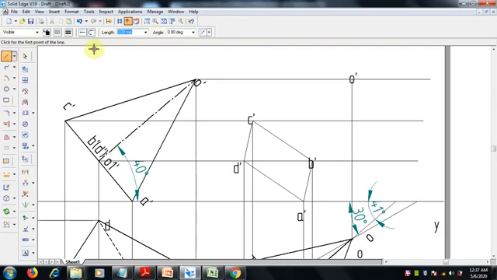Now select the same thin line, 0.13 mm thickness. First finish it off. A to O, one slant edge, and B to O, another edge, C to O, right, and D to O. So even if you draw like this, at least you can get an idea of how the square will be. Now, which is visible and which is invisible, to avoid the confusion, I ask you to make the boundary first itself. So the boundary